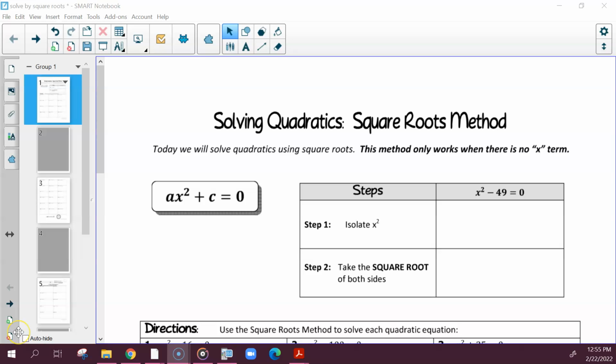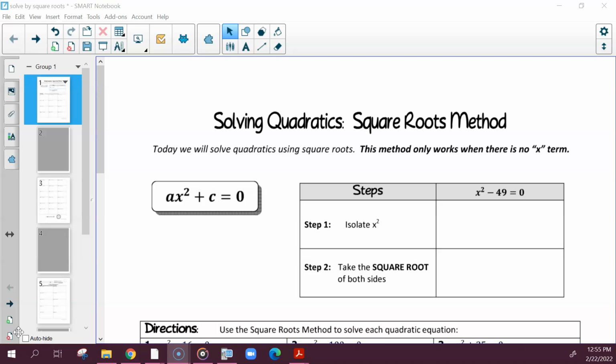Alright, in this video we're going to be talking about how to solve quadratics using the square roots method. Just a little bit of background. We've been dealing with quadratics since the last unit when we were talking about factoring, but we didn't actually put that word specifically to it. But it was in the polynomial format, like think back to the trinomials